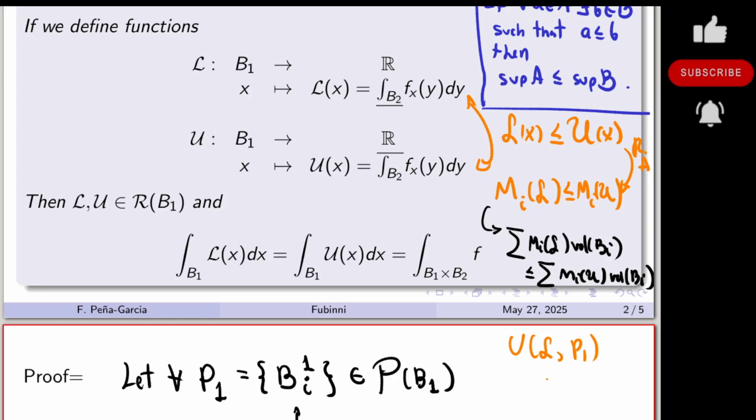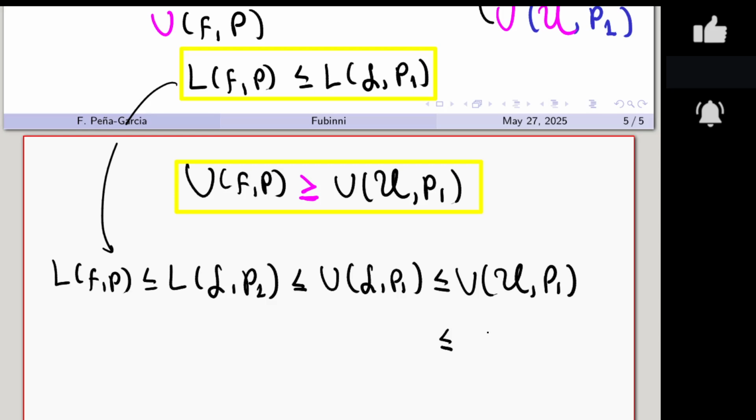So that explains this step here. Everything is on good ground, so we are not leaving anything to chance here. But then we have that this is smaller or equal than that. So we write this here,